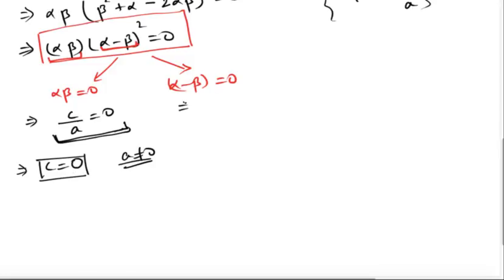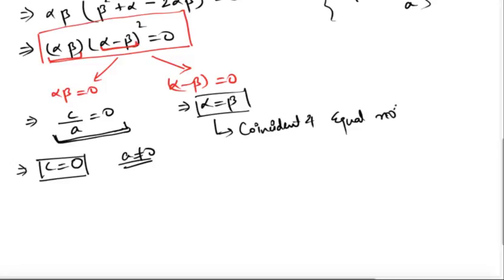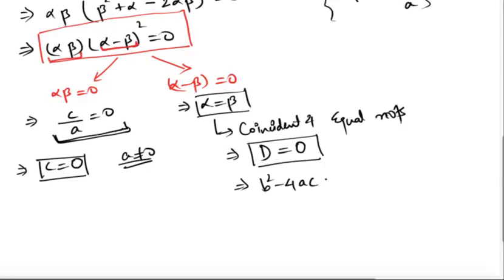And from this I can interpret that alpha is equal to beta. It means the roots should be the same. We should have coincident and equal roots, which means our discriminant should be equal to 0. This is the condition for equal roots, that our discriminant is equal to 0, which means b square minus 4ac is equal to 0. So we have two conditions, that either c is equal to 0 or D is equal